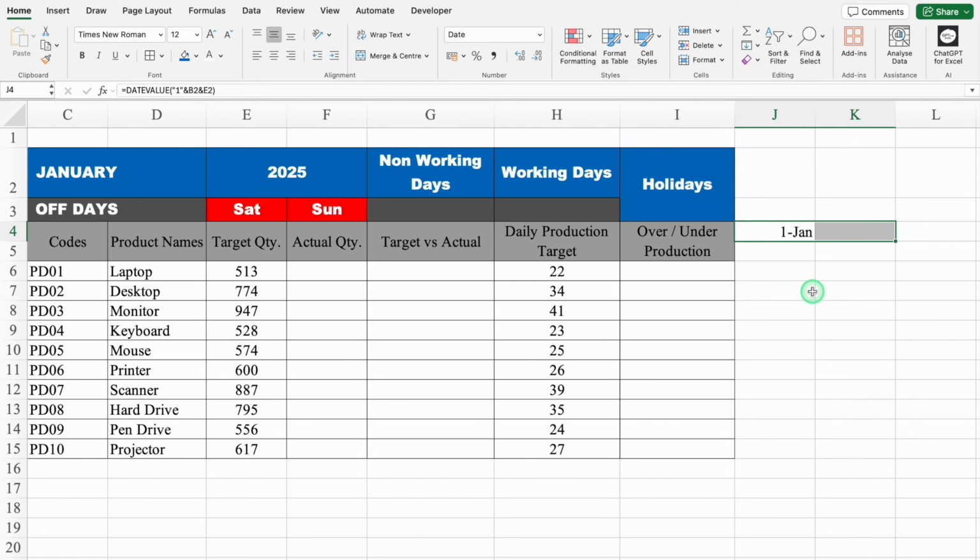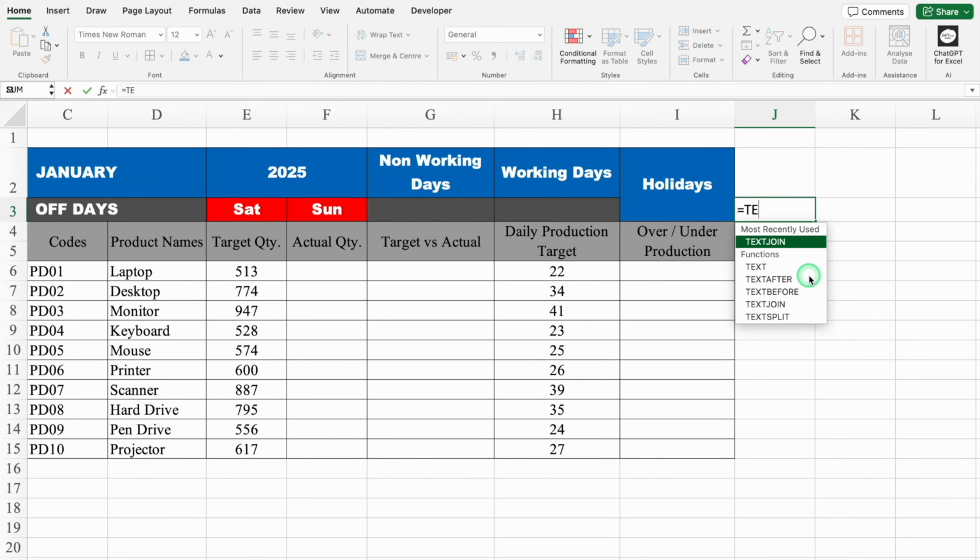Now we can see our first date. We'll align both the things in center. We'll click on top of first date and insert the formula for day, and the formula will be plus or equal to TEXT, bracket open. Now we have to provide the value, and in value I'll be providing my date, comma,